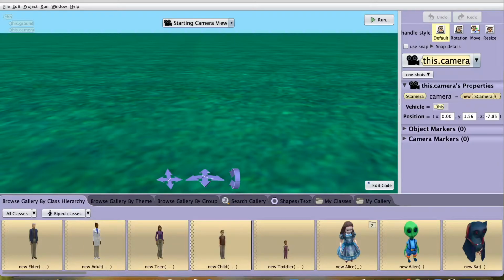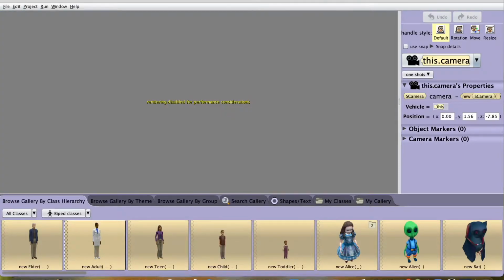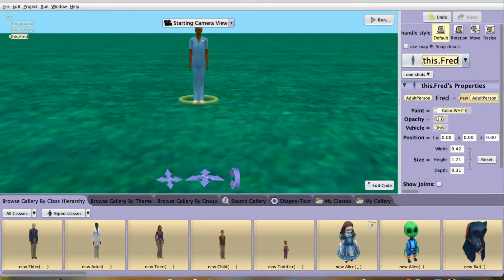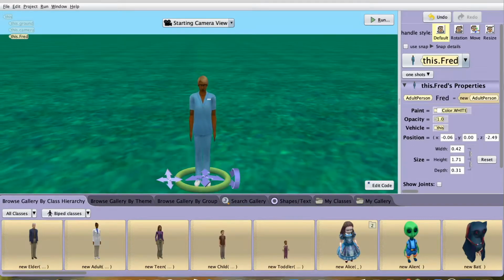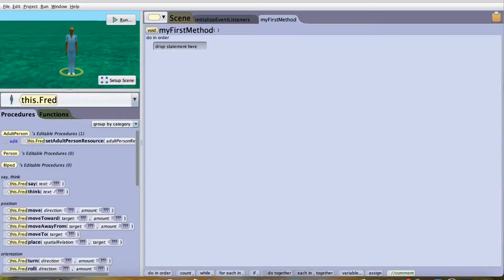In this case, our character will be an adult. Okay. And let's name him Fred. Let's move our camera up a little. There, edit code. Now, for Fred, let's say, add